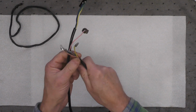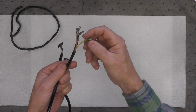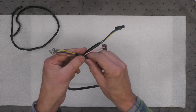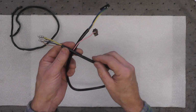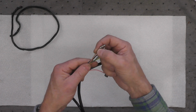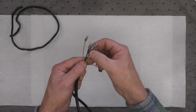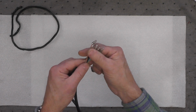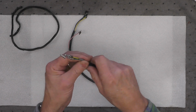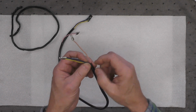And I couldn't get all 4 of these wires through with these ends on. There just wasn't enough room, so I had a couple of options. One is to cut these original ends off and replace them with new male connectors. It'd be a little bit different style, but it would have worked, and I do have the connectors. That was one option. The second was to pull the sleeving back and cut each wire, feed it through, and